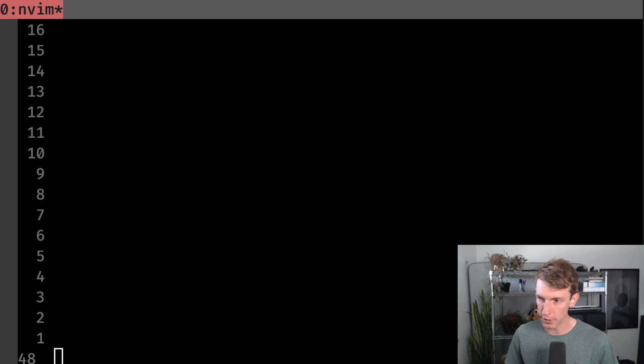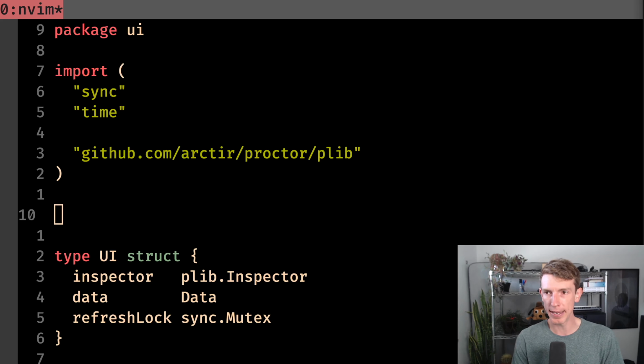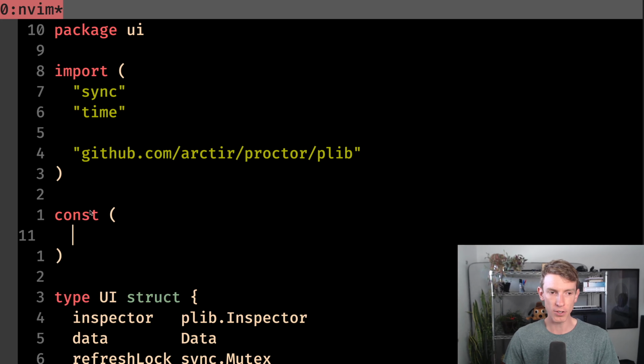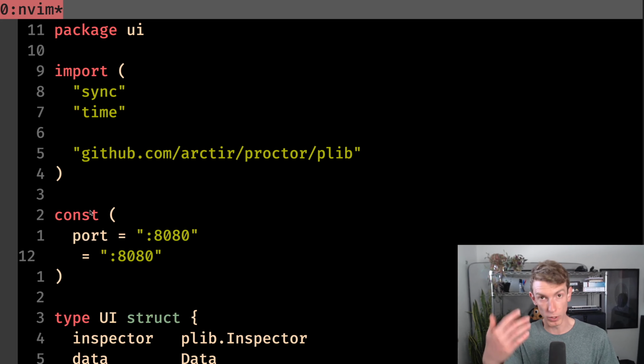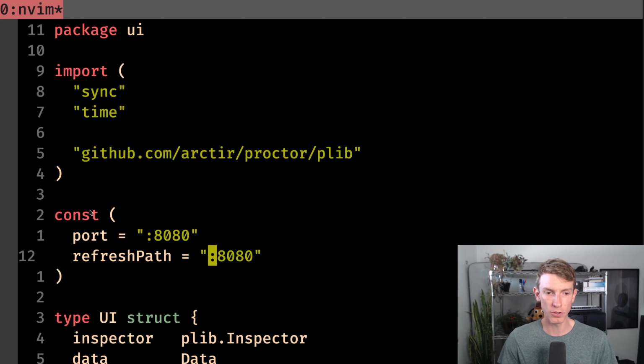So terrible handwriting aside, let's go in and start off by just setting some consts up that will store these paths. So at the top of the file, I'm going to go ahead and grab a new const block. So these will be constant variables that do not change. And inside of this const block, we'll do a couple. First, I'm actually going to capture the port because I know that I will be needing that. The port we'll expose on will be 8080, probably something we'd want to make configurable at some point. We'll do that refresh path, which we know is just going to be